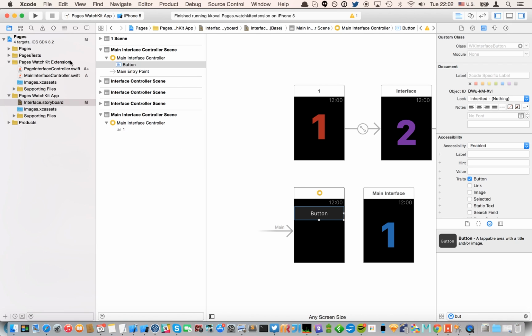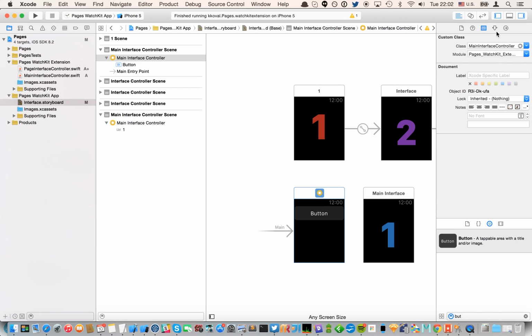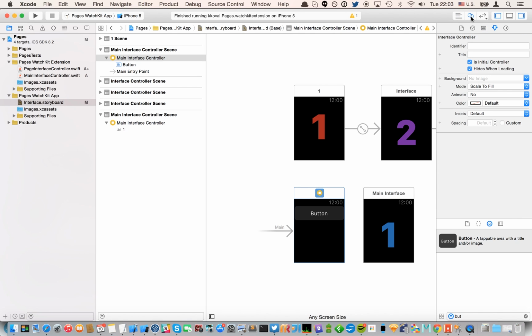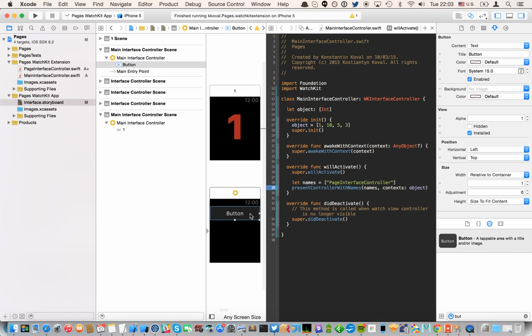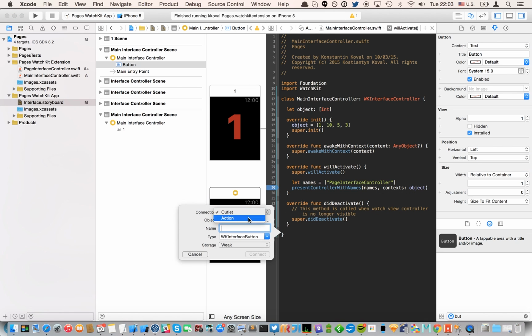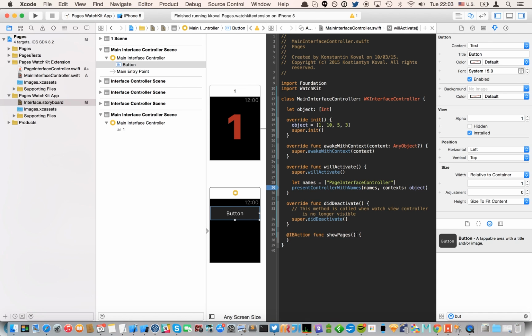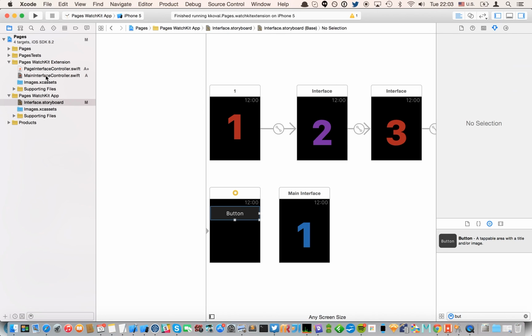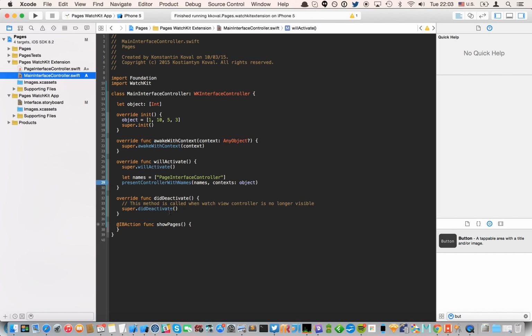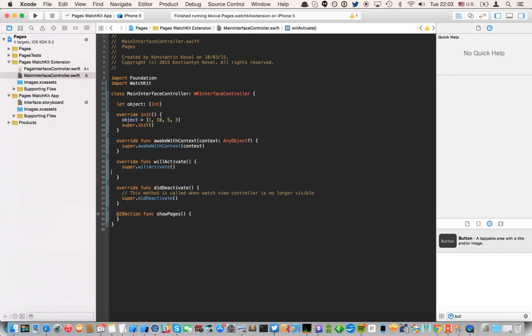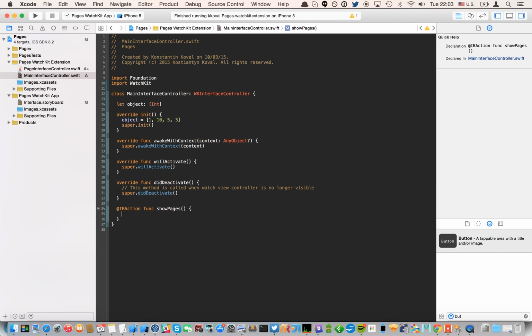Okay, we have a button in our. Oh, we didn't set up a class. No, or we did. Yeah, we did. All right, so we have our class, main interface controller. So control drag, set up some actions. Action, show pages. Connect. Then we go to main page again, and we will show names our pages when we click on the button. So I move this functionality over here,